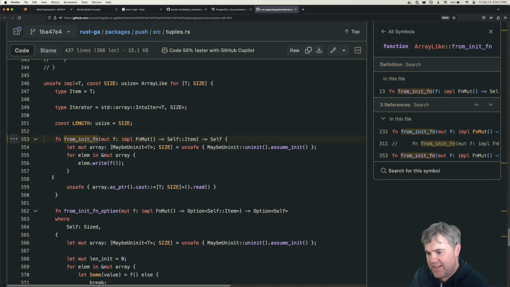So okay, you're taking a mut F, which implements FnMut, returns a Self::Item, in the case of Self, let mut array. So maybe is it uninit? Is that how we say it? I keep on wanting to say "you in it," but that's not it. Okay, so like the size that we're setting,